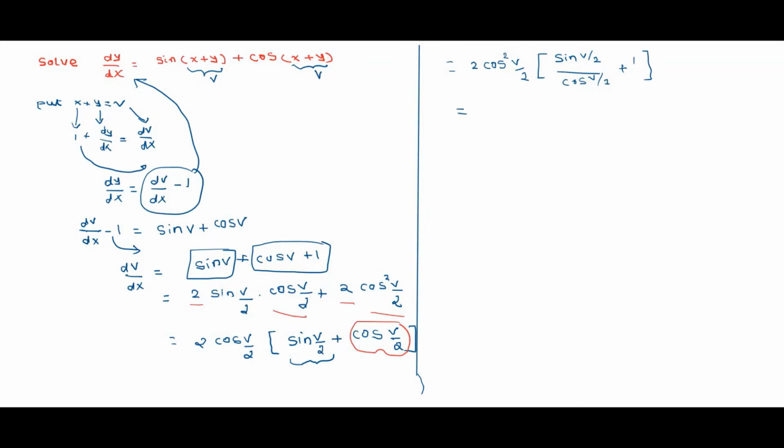Or directly from this equation also you can take 2 cos square v by 2 common, you will get the same term. So next we can write it as 2 cos square v by 2 into bracket sin v by 2 divided by cos v by 2, which is equal to tan v by 2, plus 1. This is equal to,